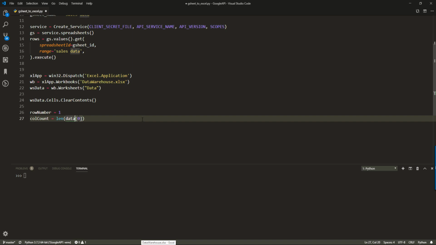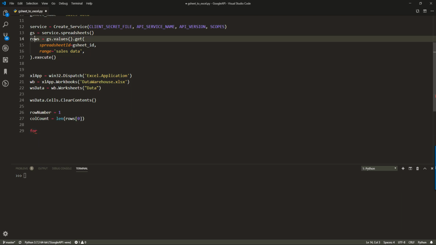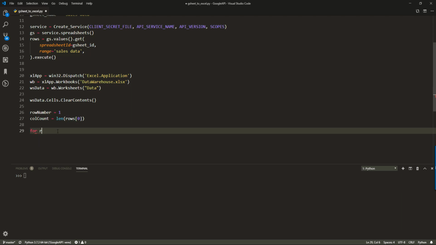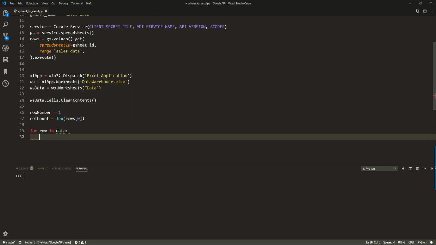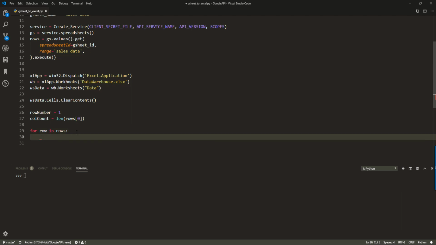So here I made a typo, and it should be rows. And this is going to be the last part. So we need to iterate each row from the rows object and basically insert the records to our Excel spreadsheet one by one. So for row in data, oh sorry, should be rows. For row in rows, and so here I will take the worksheet data object,